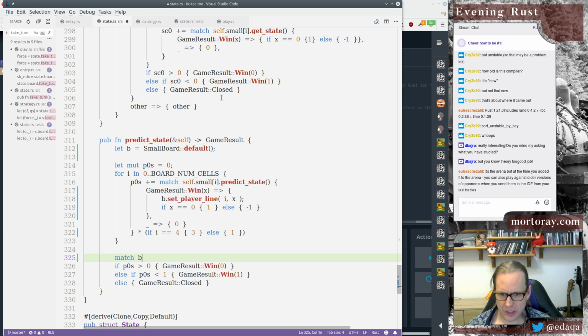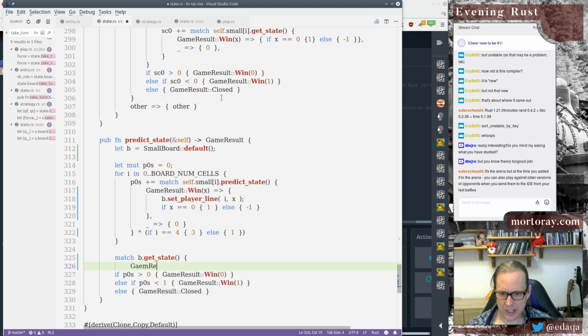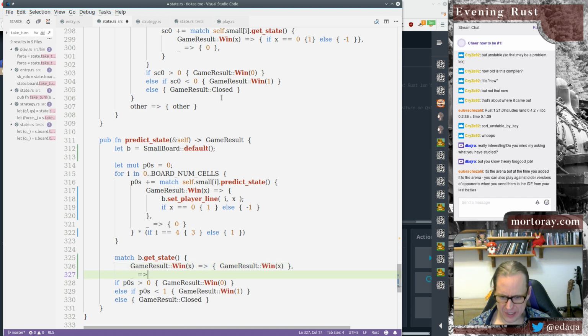We're going to do match b.getState. It's actual get state now on the small board. Game result win. Can I just do this? I'll just return a game result win x. I don't know if I can do a pass through. And otherwise, we're going to predict it